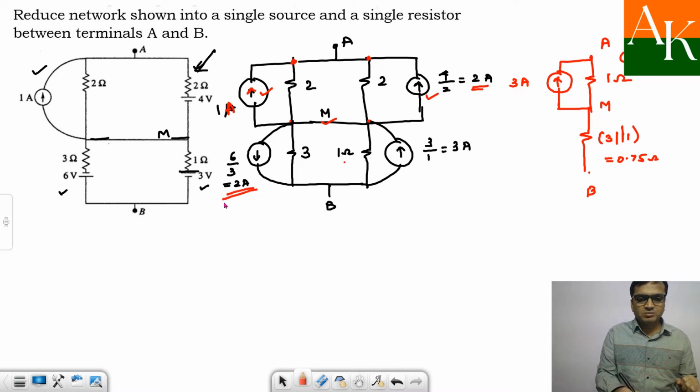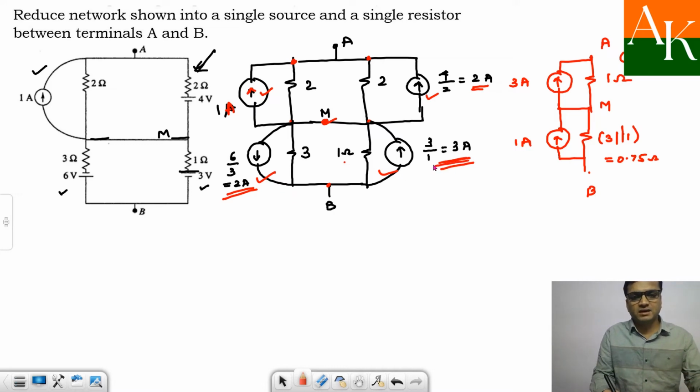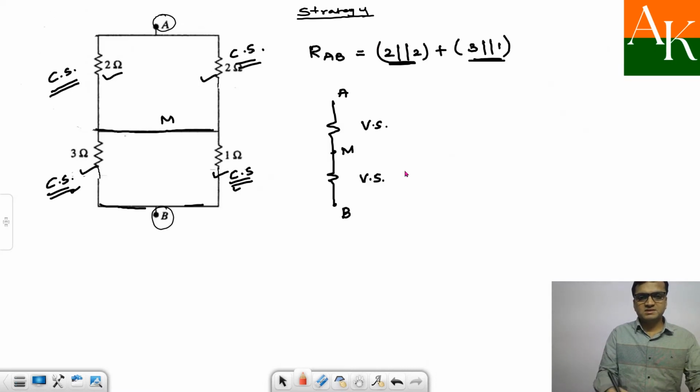Current source, 2 ampere moving downward, 3 ampere moving upward, between M and B, and these current sources are connected in parallel. So the net current will be 1 ampere going upward, because we have to follow the direction of the bigger current source when they are connected in parallel and opposite in direction. So after this, again if you build a strategy, you remove the current sources over here, and then this 1 ohm and 0.75 ohm